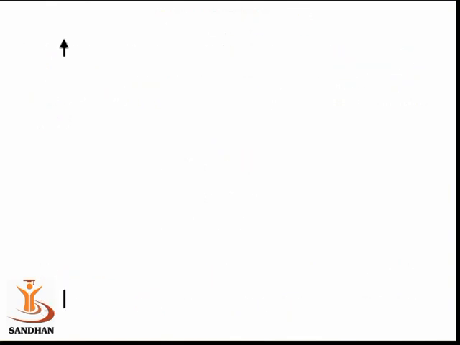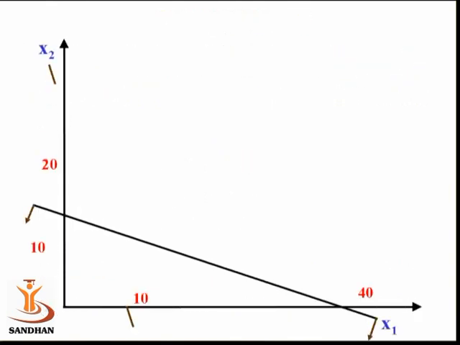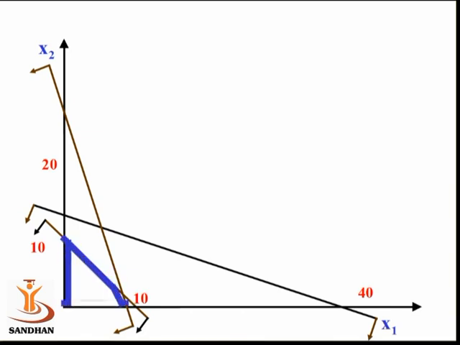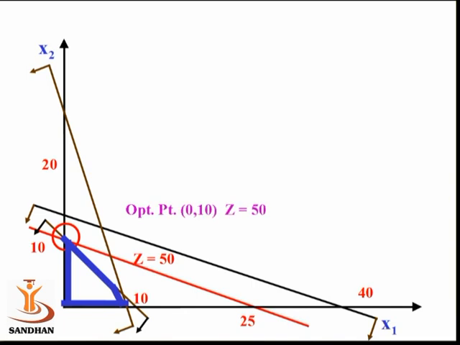So let us use the same method. Draw the graph defined by all the 3 lines and decide the feasible region. The feasible region is shown here; you can see this region is the feasible region. When I talk about the isoprofit line, make it and move it upward. Here you can observe that this corner represents the optimum value and the optimum value Z is equal to 50.